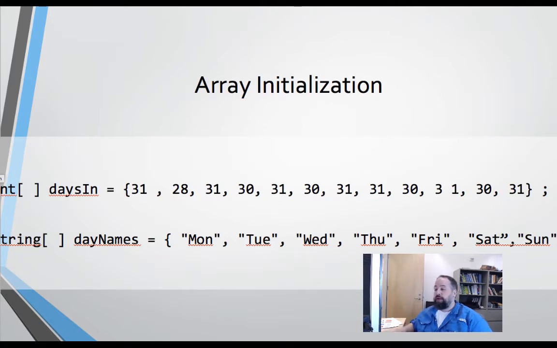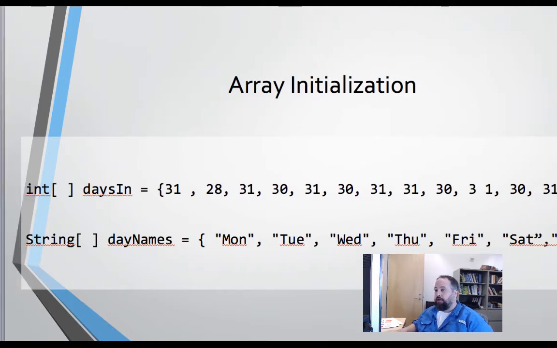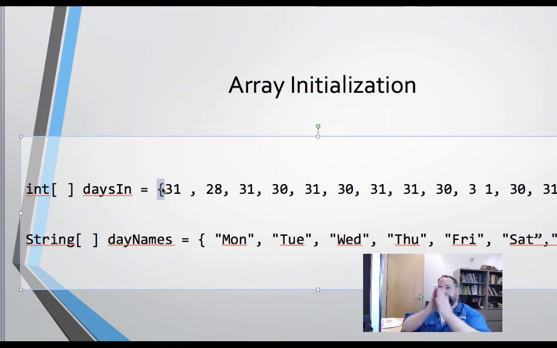The next tool we have in our toolbox is array initialization. So before, when we declared the array, we used the equals new keyword, right? And that initialized everything to 0. If we want to start it off having certain values, the syntax is,